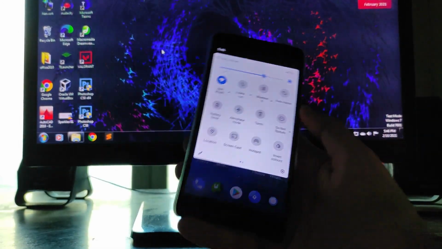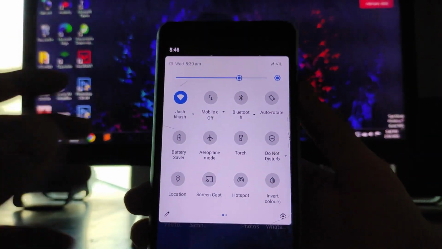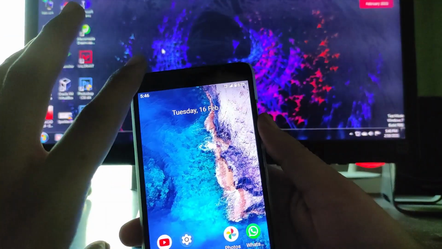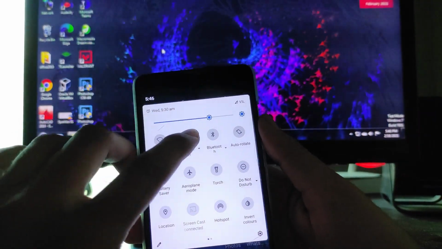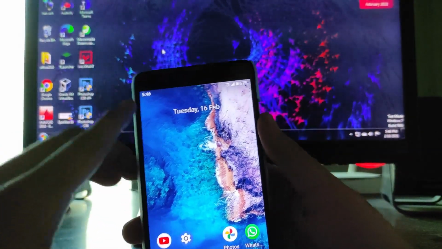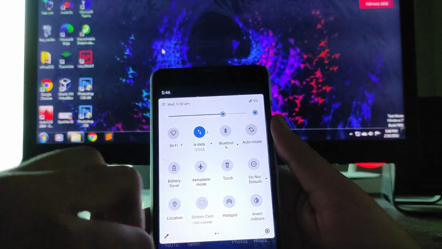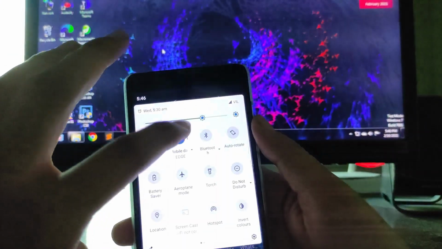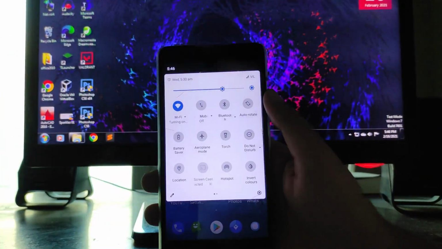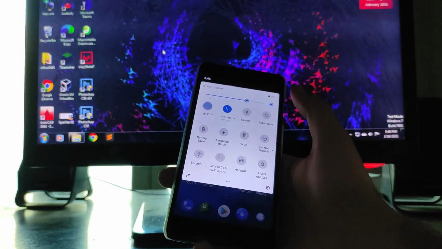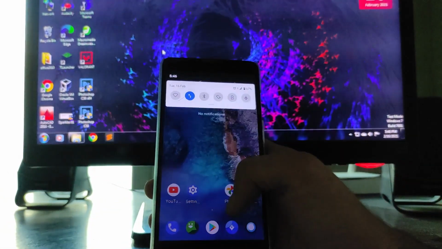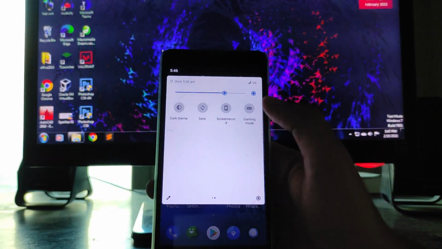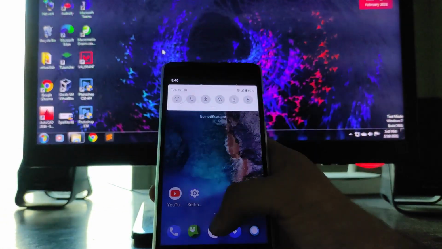Then talking about the quick settings, you get to see the Wi-Fi. The Wi-Fi here is working absolutely fine. Mobile data here is also working. The VoLTE is also working, but I don't know what happened this time. Currently it is showing edge, but the VoLTE on this ROM is working perfectly fine. I have to reboot the phone once, then it will work, but currently it is not working. Okay, then you get to see the location and everything. The screen recorder here is available, the gaming mode and everything. The dark theme is also available.